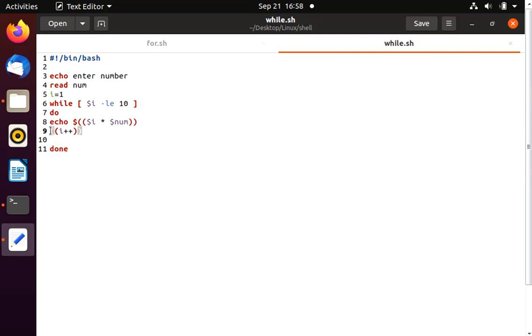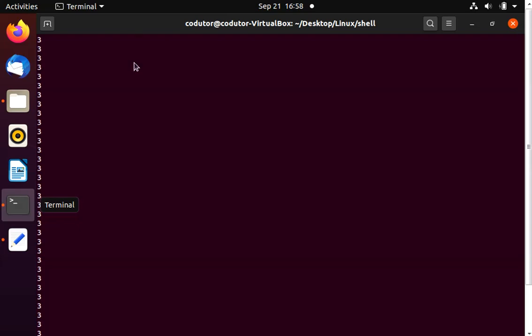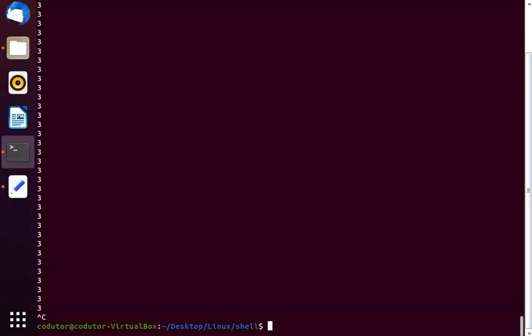Let's see the behavior if we do not increment the I value here. It will go into an infinite loop because that condition is always true.